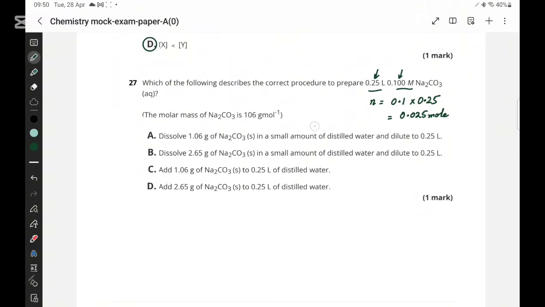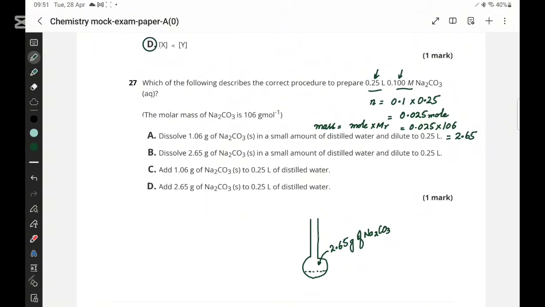And from moles you have to calculate the mass. Mass is equal to mole times molar mass. Mole is 0.025, molar mass is 106, and it comes out to be 2.65. So what is the process to prepare this solution? This is the volumetric flask. You are going to add 2.65 grams of Na2CO3 in a small amount of